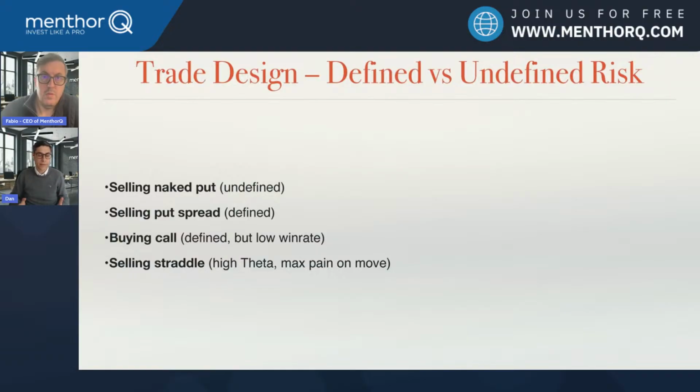Undefined risk is just the basics. We just sell; in the end, we sell a naked put. This is undefined, which is what a lot of people do. If you start trading options, either you have some shares and you sell some puts against it, or you have a covered call, which a lot of people do. Or if you don't have the shares, you do a poor man's covered call. This is a strategy we will show you next time.